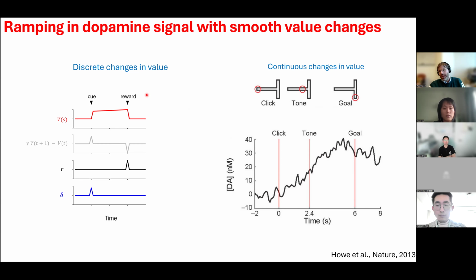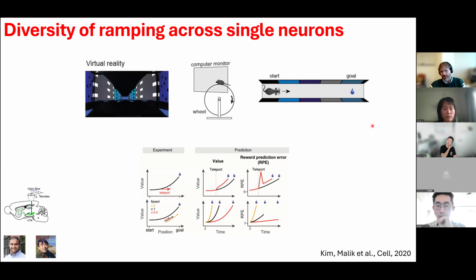And so how does dopamine behave when you approach a goal? There have been debates because you see these ramps in the dopamine signal, and there were debates in the literature about whether those ramps were a signature of a prediction error or a signature of a value computation. There was a pretty conclusive paper by Arthur and Hyung-woo, who showed that those ramps could be understood as a reward prediction error signal, and they used teleport in virtual reality. I really encourage you to read this paper. But this is basically the setup we used for this